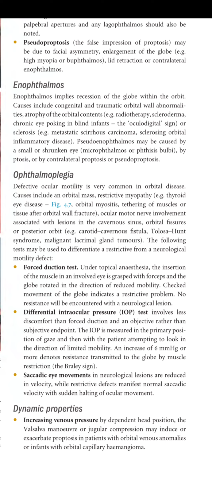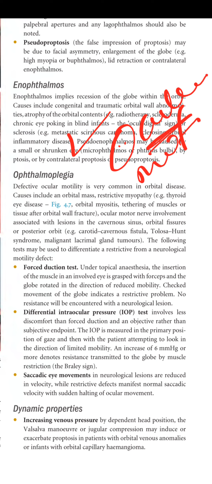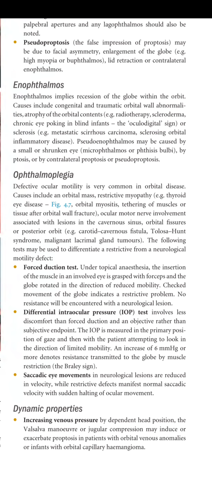So in case of orbital disease, there can be an ocular motility defect. Why? Because you know that through the apex there are lots of nerves coming or going, and whenever these nerves are compressed, it will give ophthalmoplegia, meaning that the nerves are not working properly. And restrictive myopathy is basically a condition in which the muscles themselves are problematic and they are not moving, for example in thyroid eye disease, and there can be orbital myositis, meaning there will be inflammation of the muscle,